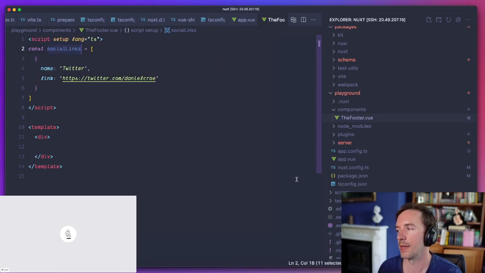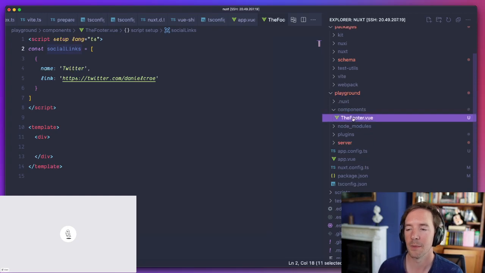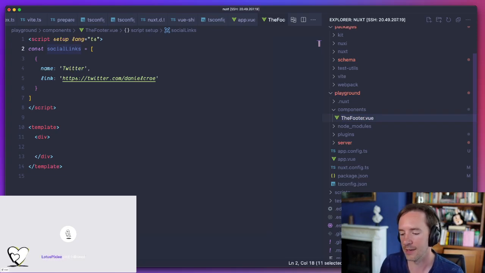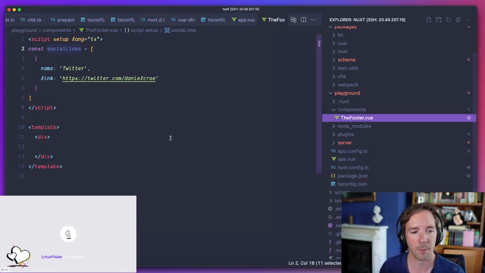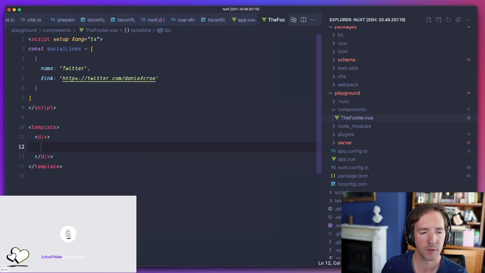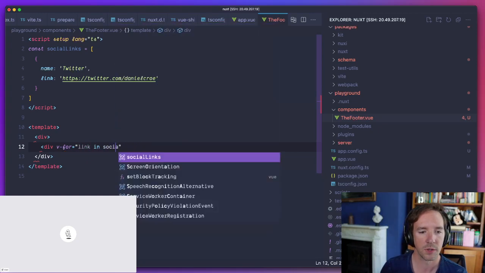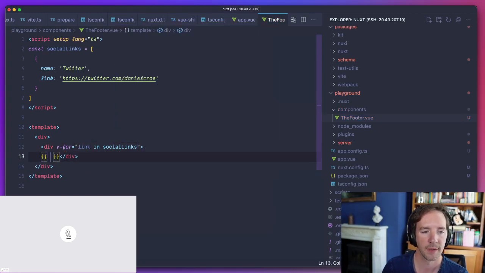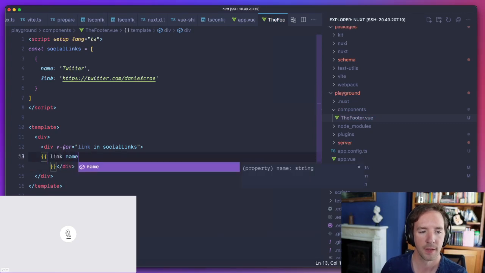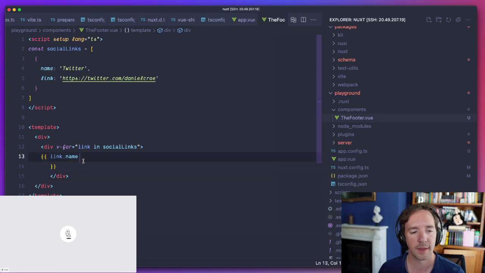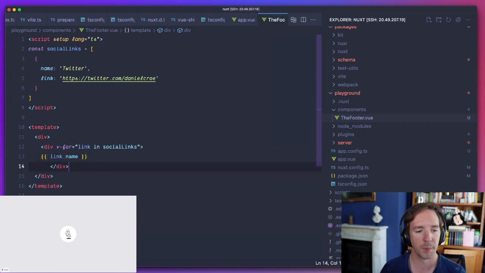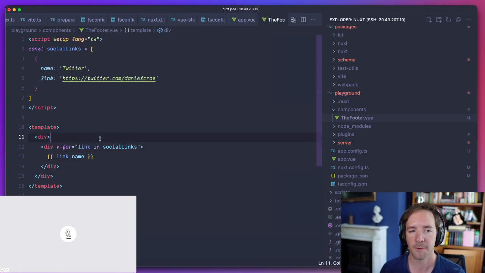Maybe a better example would be syntax highlighting. You don't need a syntax highlighter to live on the client. Once you highlight the syntax, it's done. So all you have to do to make this a server component is, normally I would do this with an unordered list, but just to say, for link in social links, we're just going to say link name. This is not a very impressive example because the actual JavaScript to produce this is minimal, but it's an example of something that you don't need on the client.